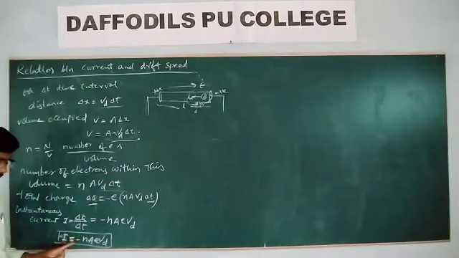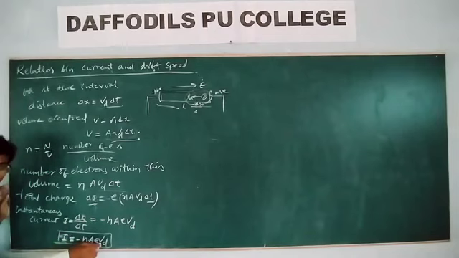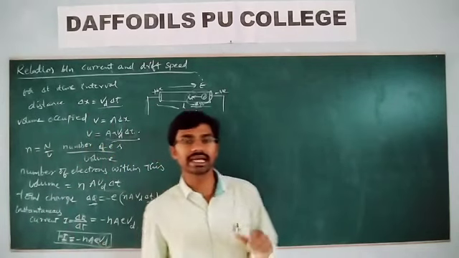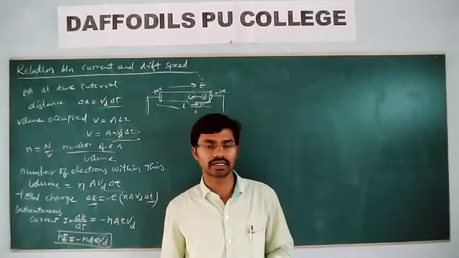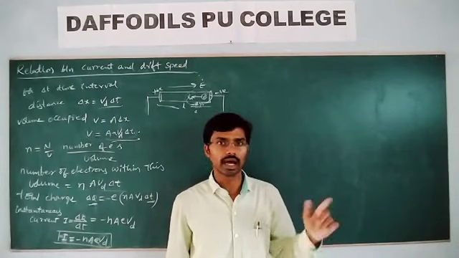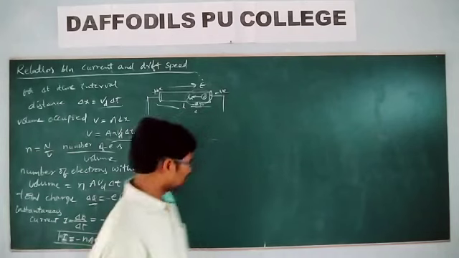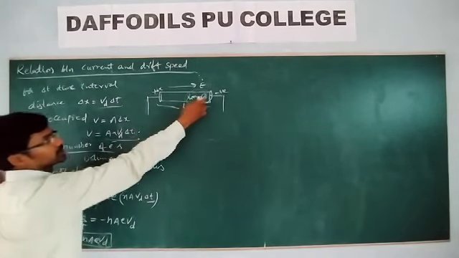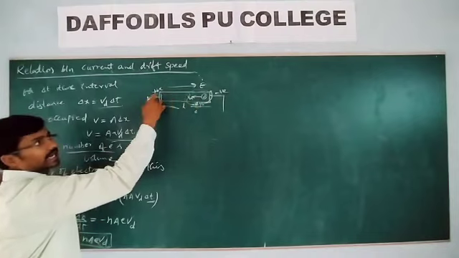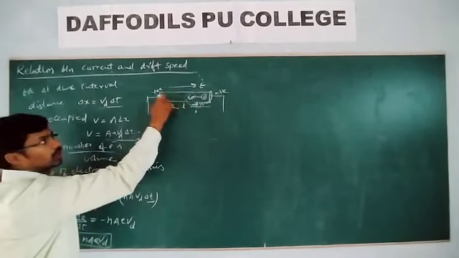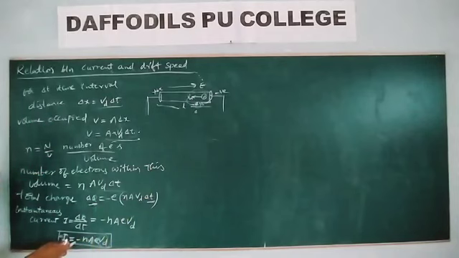Look at this one. Again here we have a negative sign. What does this negative sign represent? The electric current is opposite to the direction of the drift speed. What do you mean by conventional current? What is the direction of conventional current? It is in the direction of the flow of positive charge, opposite to the direction of the flow of electrons. Vd is the speed of the electron. If it is moving in this direction, then the conventional current is opposite to this one. That's why we get the negative sign here. The meaning of the negative sign here is that the direction of the current is opposite to the direction of the drift speed of the electrons.